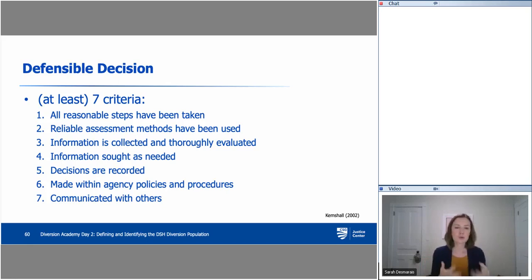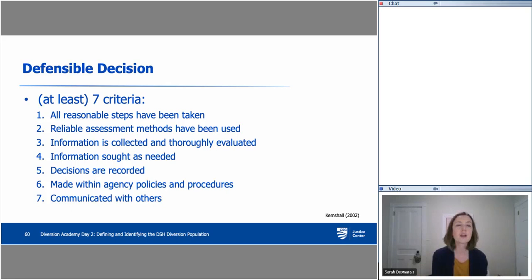Were the decisions recorded? This is something I just want to mention: sometimes jurisdictions and individuals shy away from writing down the results of the risk assessment, but that is, in my view, the opposite of what you should be doing. You should be documenting these steps in the process to provide the evidence and the transparency to show how and why you went through this decision making, and how and why you determined that this person was or was not eligible. Of course, these decisions should be made within policies and procedures, and specifically within the criteria